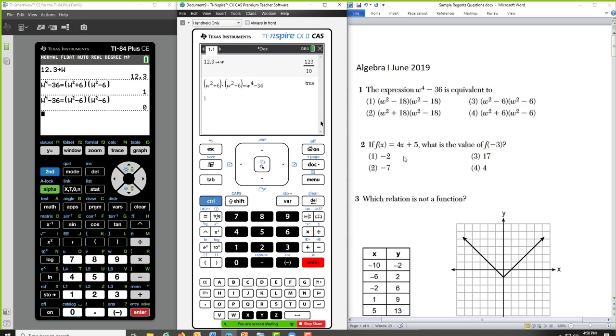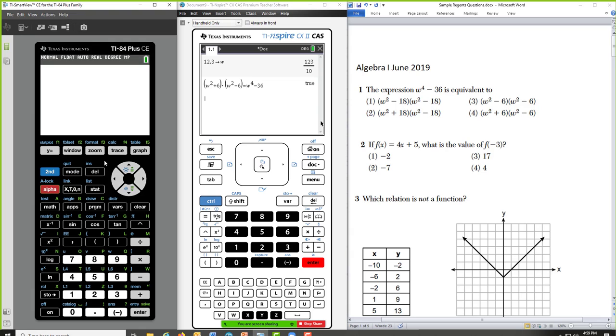Question 2, if f of x equals 4x plus 5, what's the value of f of negative 3? Here's a nice way to try that one. Go to y equals on an 83 or an 84. You can put in the function that was given, 4x plus 5, and then second mode, quit out of your y equals.